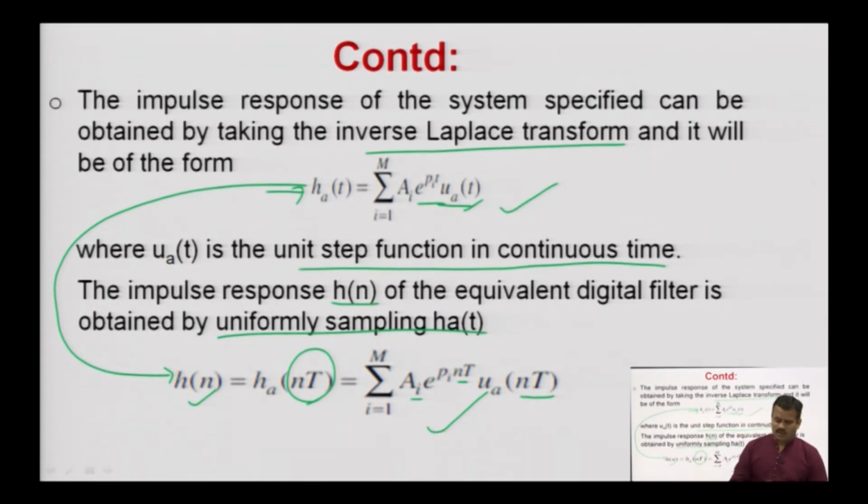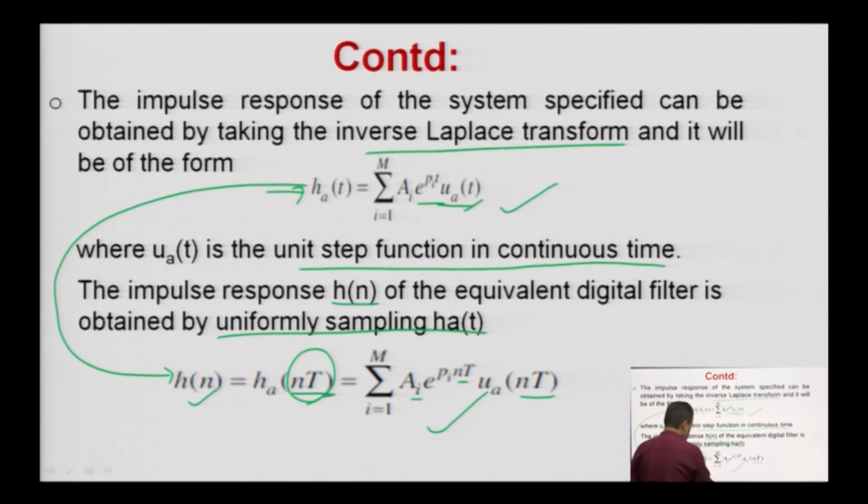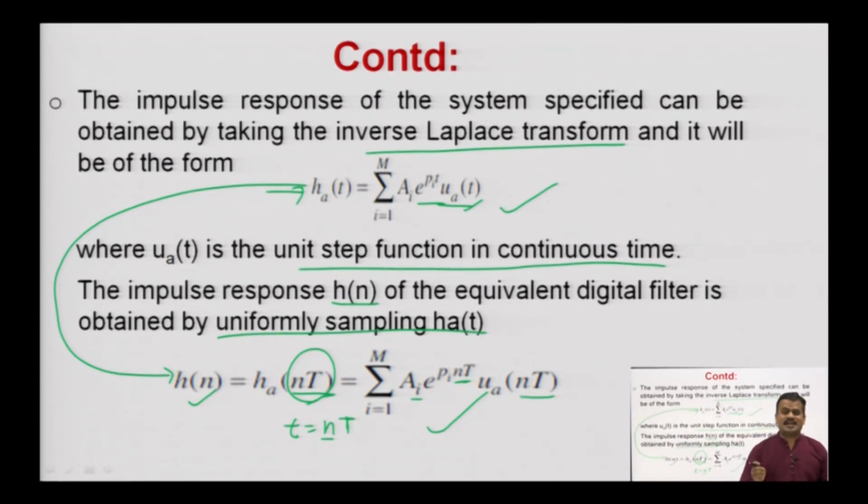I am talking about those steps which I told you in my previous lecture, that based upon these three steps you can design any type of expression in the impulse invariant method. So, in the first step what you have to do, you are calculating h_a(t). In the second step you are doing the uniform sampling of h_a(t) and you will get h(n) by the uniform sampling on this interval, or exactly you are putting small t equal to small n into capital T. Here small n is the discrete time domain, and capital T is the sampling time interval.